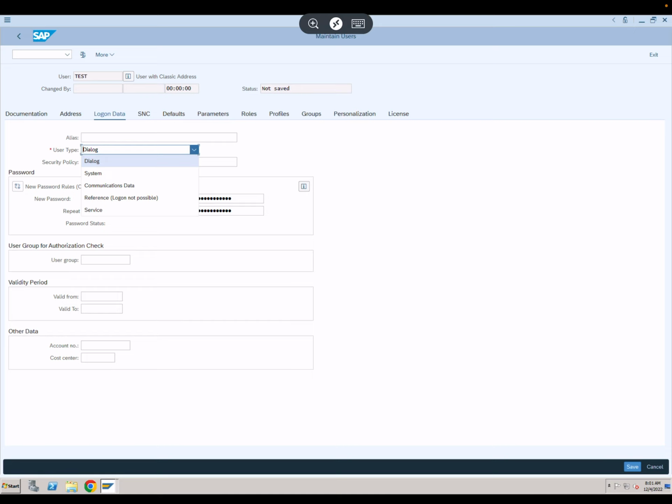All right, so dialog as user type is also another mandatory field. So first was the last name, second is the user type, right? And the password you have to maintain, even though it's not showing as red. Either you have to deactivate the password using these buttons here, deactivate, or you can generate it. If you deactivate it, then it's not going to ask you to maintain the password, but if you don't, then it will not let you go forward to the other tabs in SU01, right?